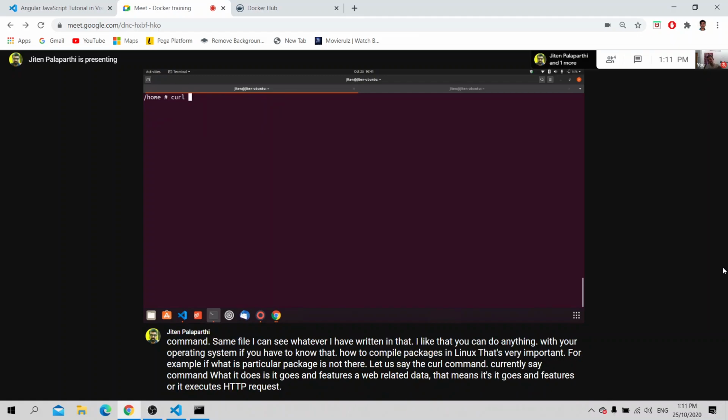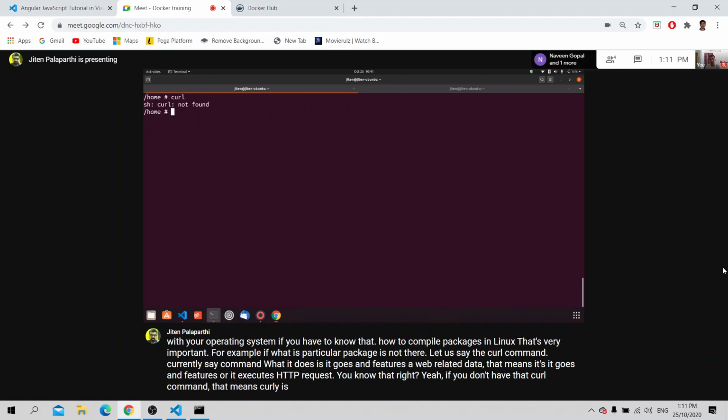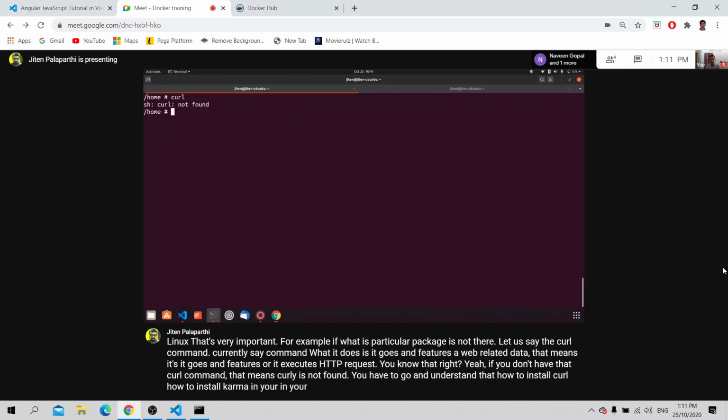You know that, right? If you don't have the curl command, that means curl is not found, and you have to understand how to install curl in your operating system.